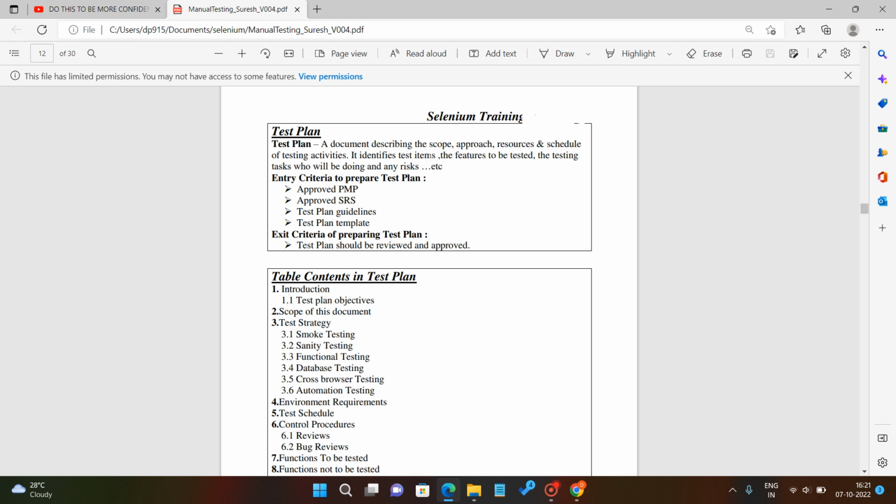Every particular activity has a document to be referred. First of all, the entry criteria for preparing the test plan. The entry criteria for preparing are the test approvals. The first approval is the PMP, the project management plan, and this is approved by the tester and approved by